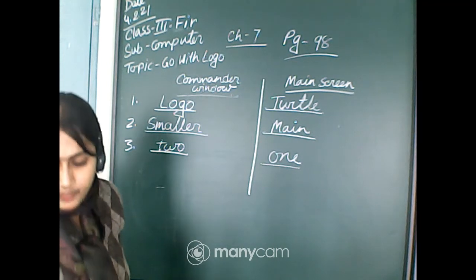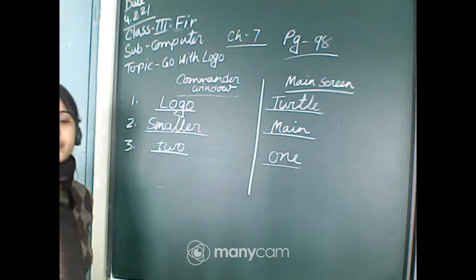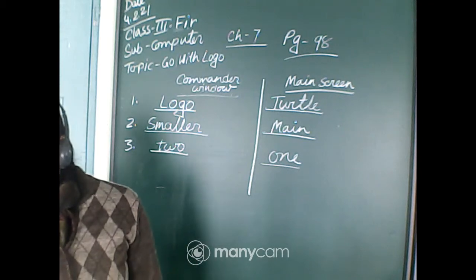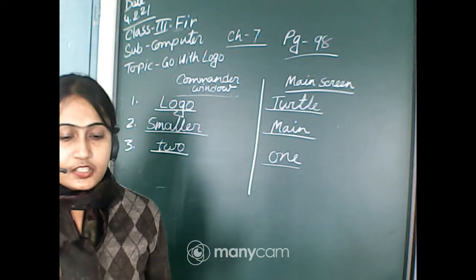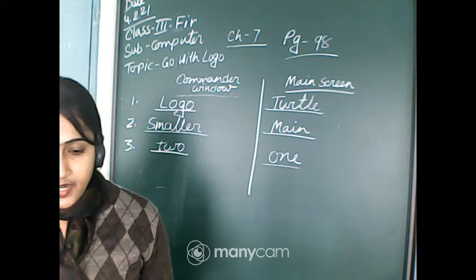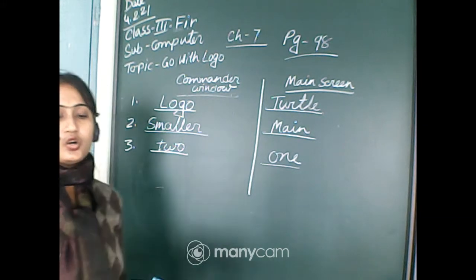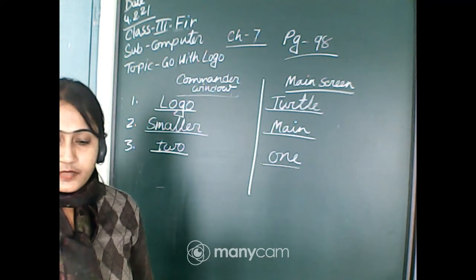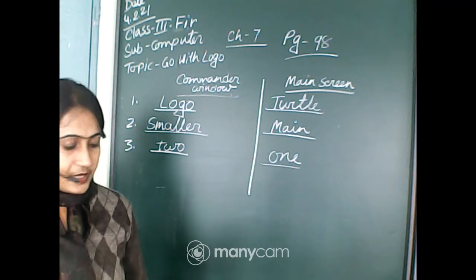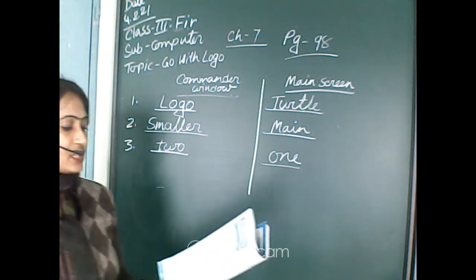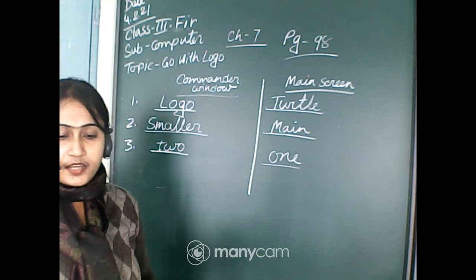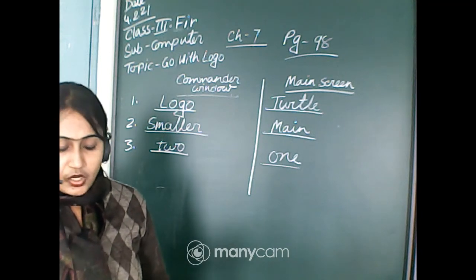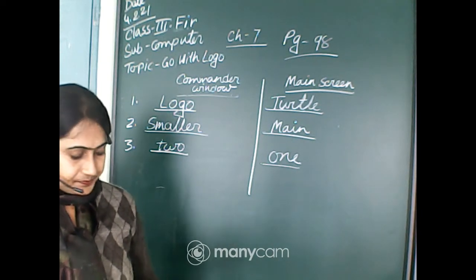Okay, very good. Now primitive. What is called primitive? Logo commands is called primitive. The inputs or logo commands given to the turtle is called primitive. You all please underline. The input or logo commands given to turtle are called primitives. Okay, the primitives given to turtle are to be written in the command input box.